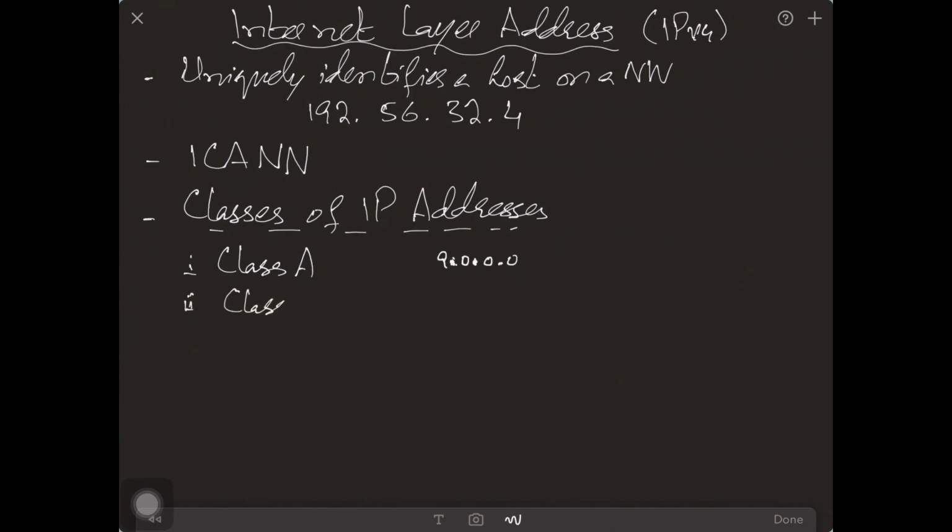Class B. A class B network address supports about 64K hosts and is used by medium-sized organizations. The third is class C, and a class C network address supports about 254 host computers. Then we have class D and class E. Class D is reserved for multicast, while E is reserved for R&D, so we will not be interested in these